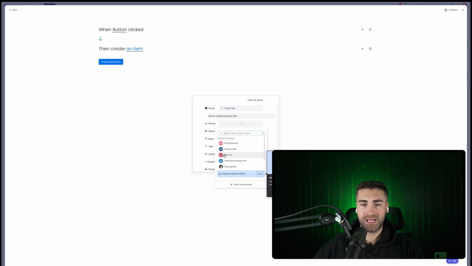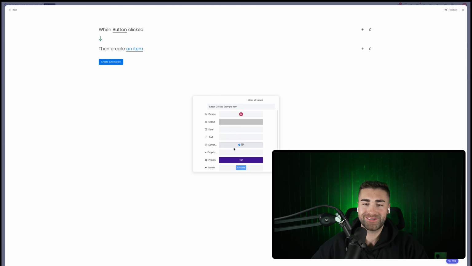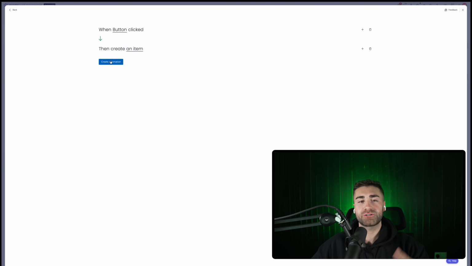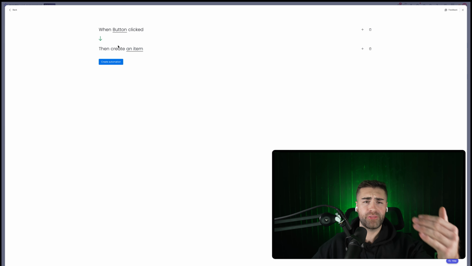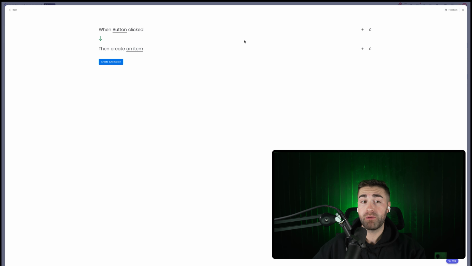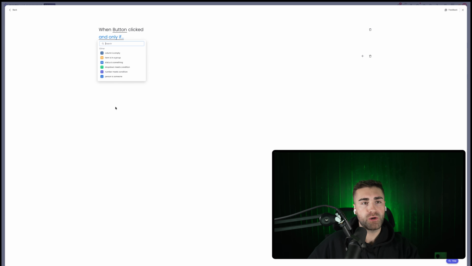In this case, let's say it's going to be Alex, whatever else we want to do, priority column, whatever. So then we can go ahead and press create automation. Again, this can be done multiple times. You can have multiple items automatically populate. Another thing that is worth mentioning as well, and this applies to both the status and the button and any